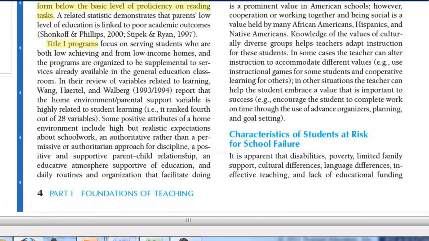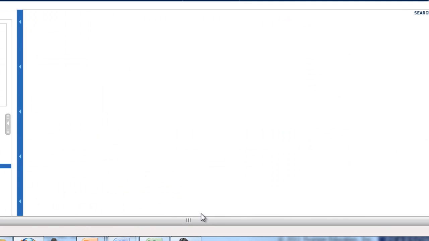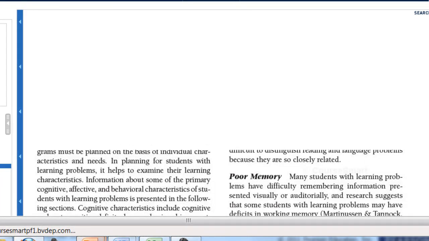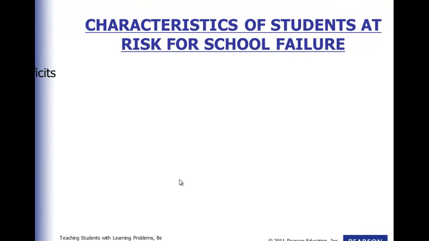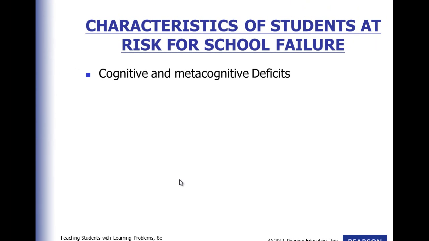Characteristics of students at risk for school failure. What does that look like? Well, let's go back to our PowerPoint and look at this. So what are these characteristics? Well, cognitive and metacognitive deficits. That's their thinking, being able to reason and think. That's cognitive. And metacognitive is how they think about their thinking. And then low academic achievement,